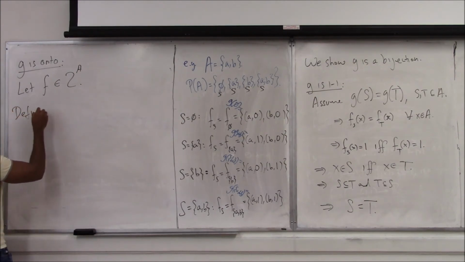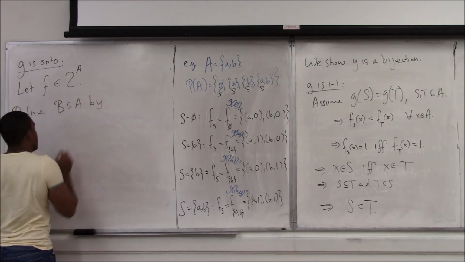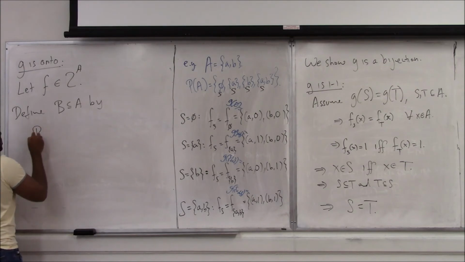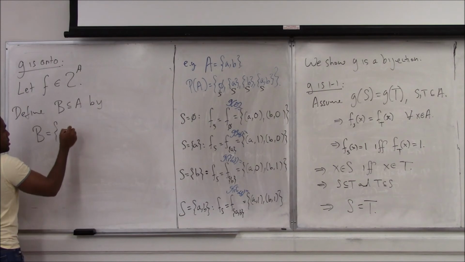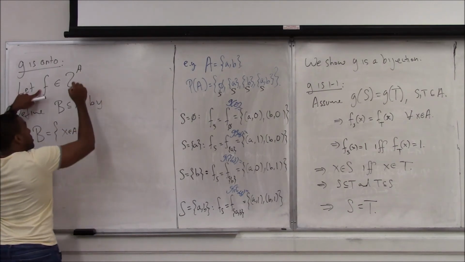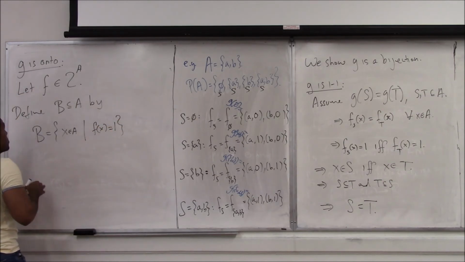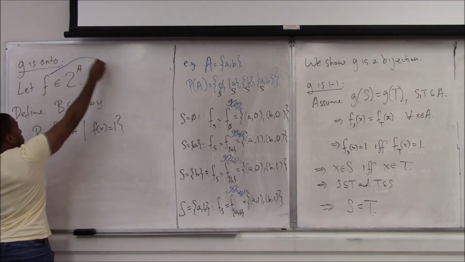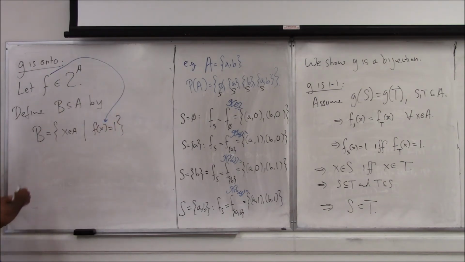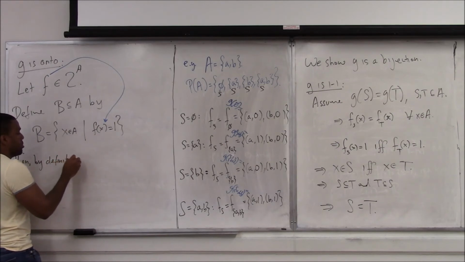Define B, a subset of A, by: I'm going to let B equal the set of all x in A such that this function f of x is 1. It's my same f here. Then, by definition,